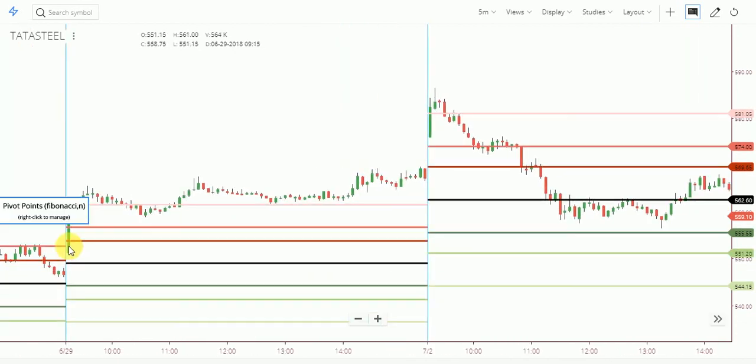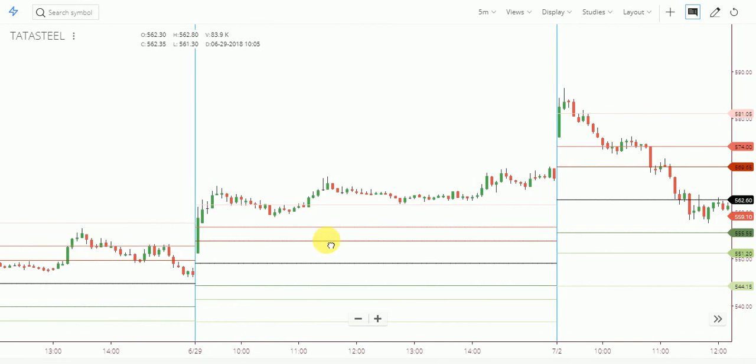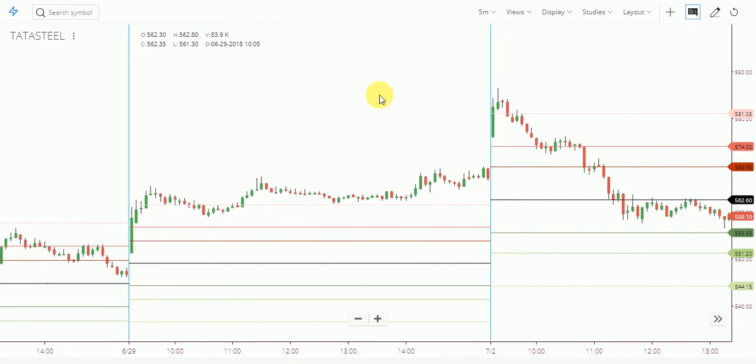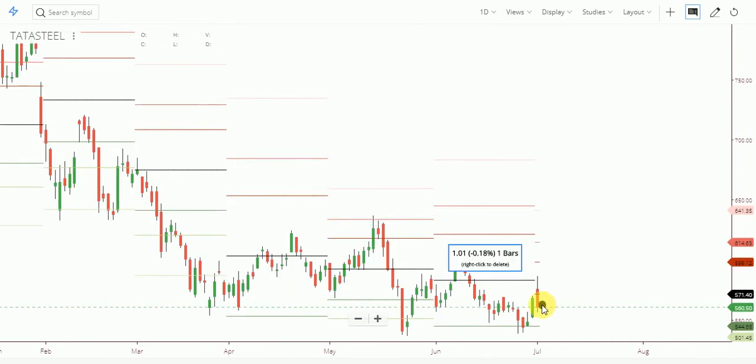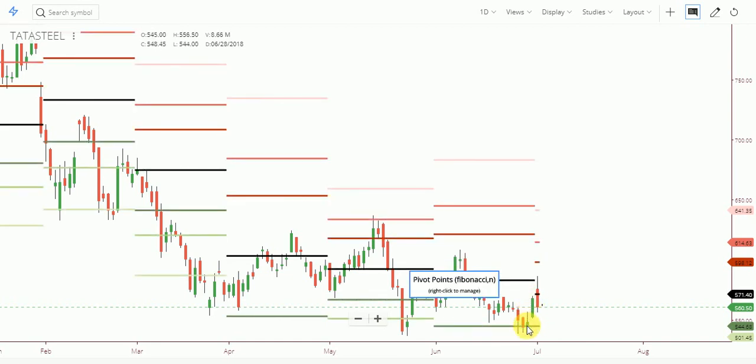See, yesterday there was a full upward move from the pivot point up to the resistance one, and even that was broken peacefully. It was a very nice moment yesterday, and it has shown as an upward move in today's trade as well. Why? Because here, if you see, yesterday it went up sharply, and it also supports